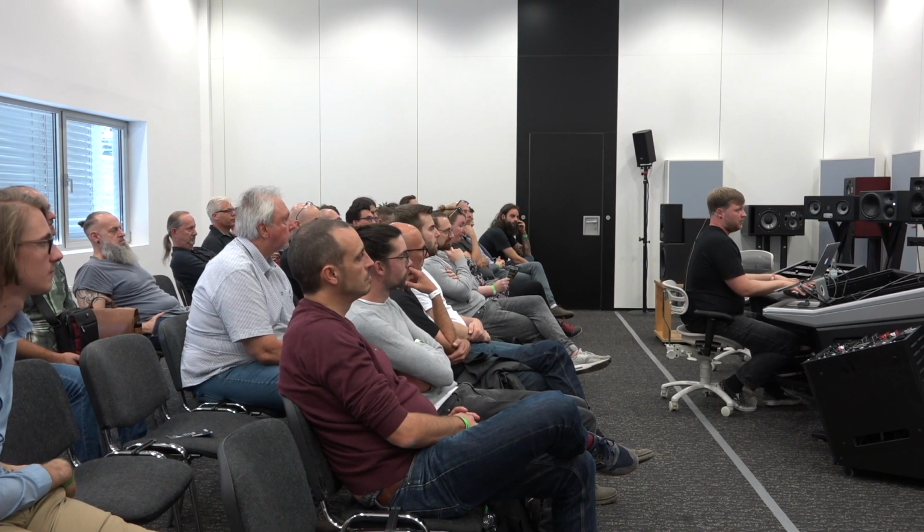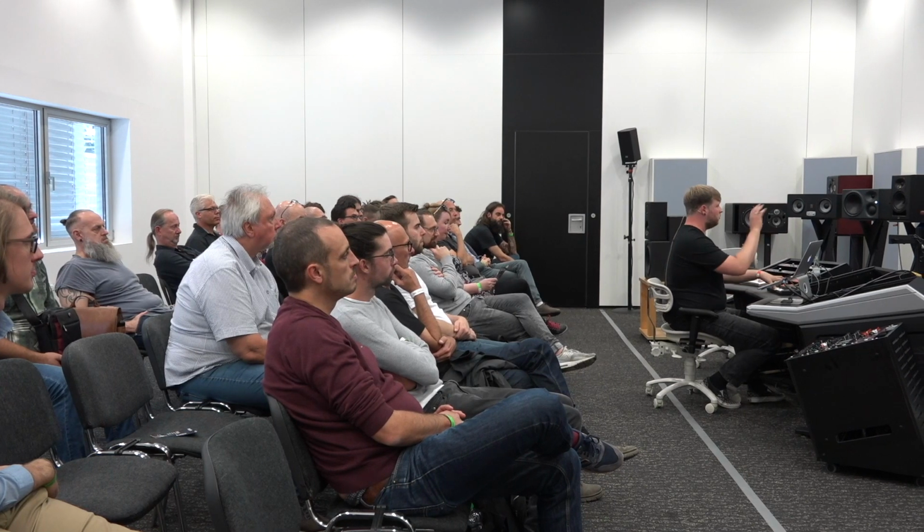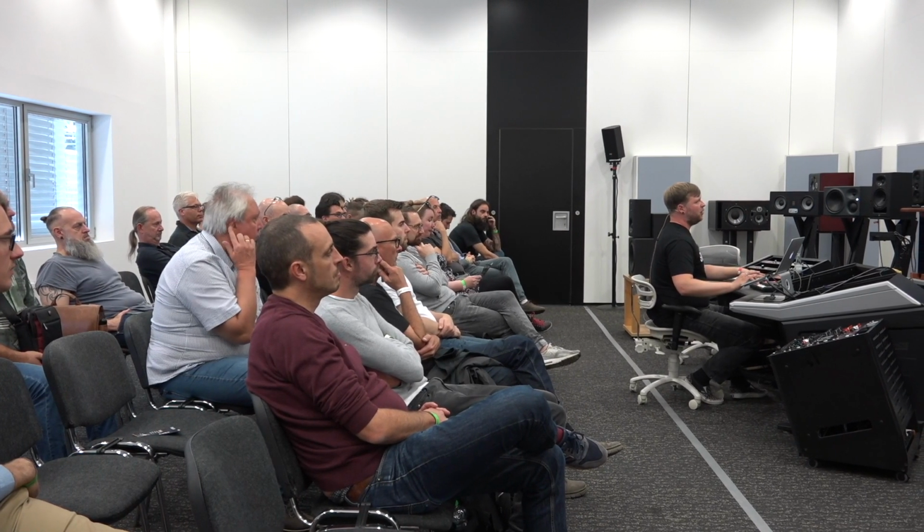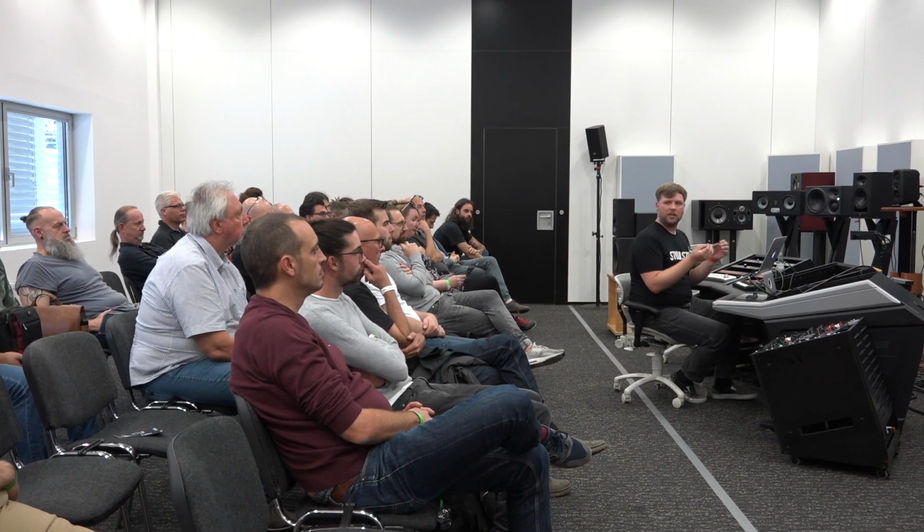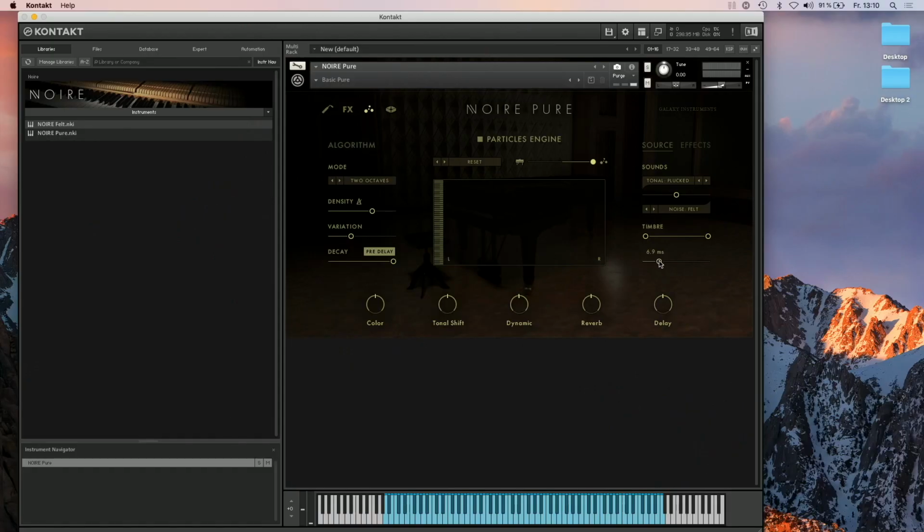And it just adds random notes with only some boundaries, so it's aleatoric. We give them an idea, a frame, and within this frame, the software generates us new notes, new stuff we can come up with. We can also change the attack of this, so we can say, okay, the particles engine should come in later. And so if I go with the original piano, make it feel like a 50-50 mix, and I play something,